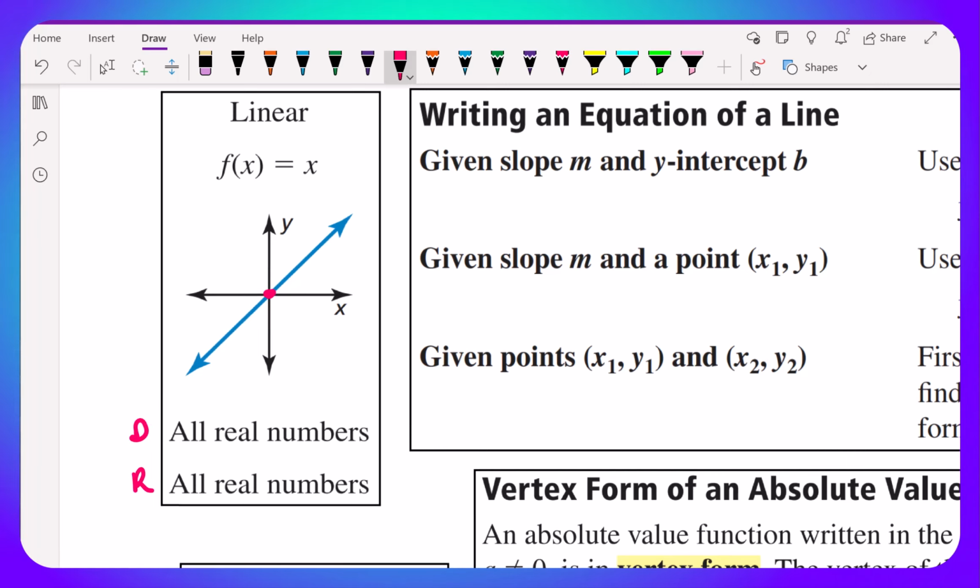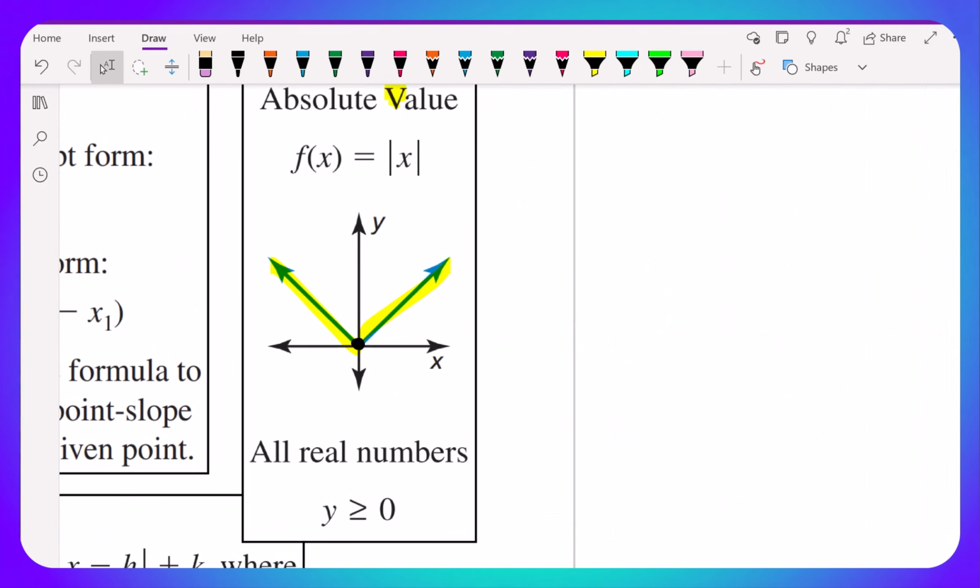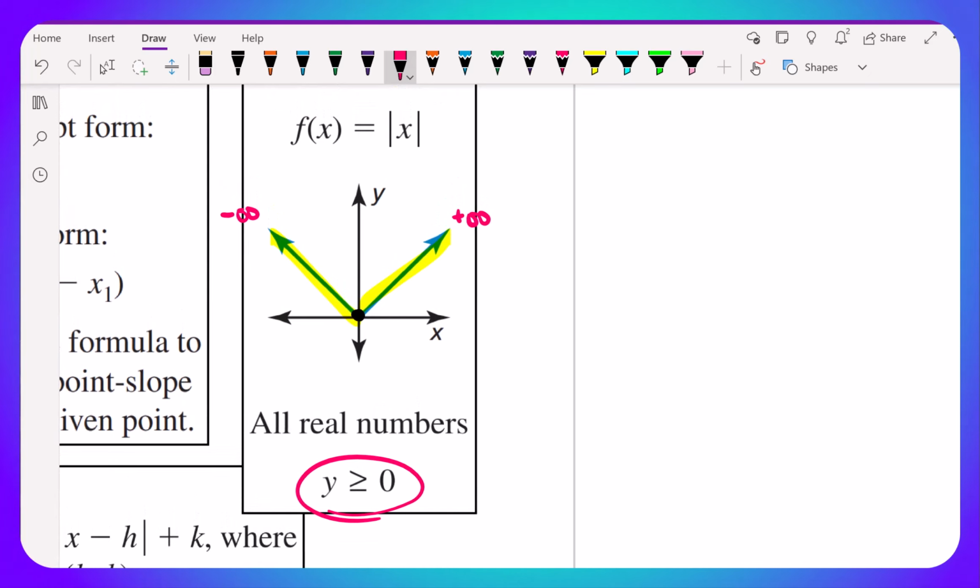So there are no limitations on a linear function, where there are limitations on an absolute value. You see how it keeps going all the way to the left at negative infinity and all the way to the right at positive infinity. But vertically, it starts at 0 and continues up forever, and that is why our range is limited in an